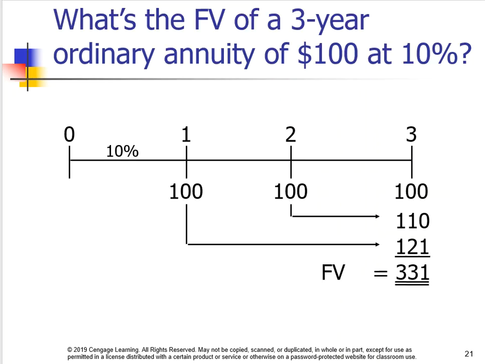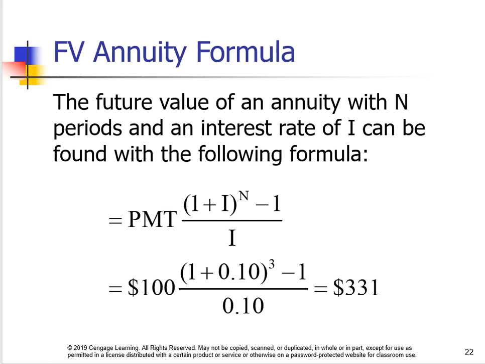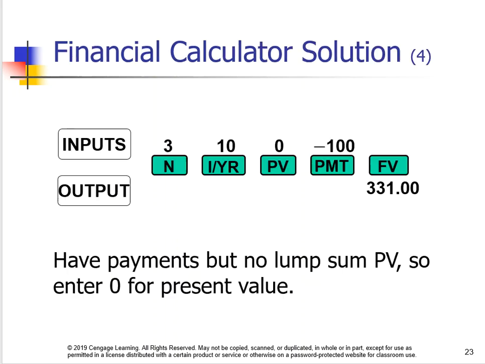So if we're asking what's the future value of a 3-year ordinary annuity of 100 at 10%, the time 3 cash flow doesn't earn any interest, right? It's there at time 3 and it's just there. This one earns interest for 1 year, this one earns interest for 2 years, and if you add them all up, it's 331. So this is the formula. Again, I don't think you're ever going to be doing it using the formula. So using a financial calculator,